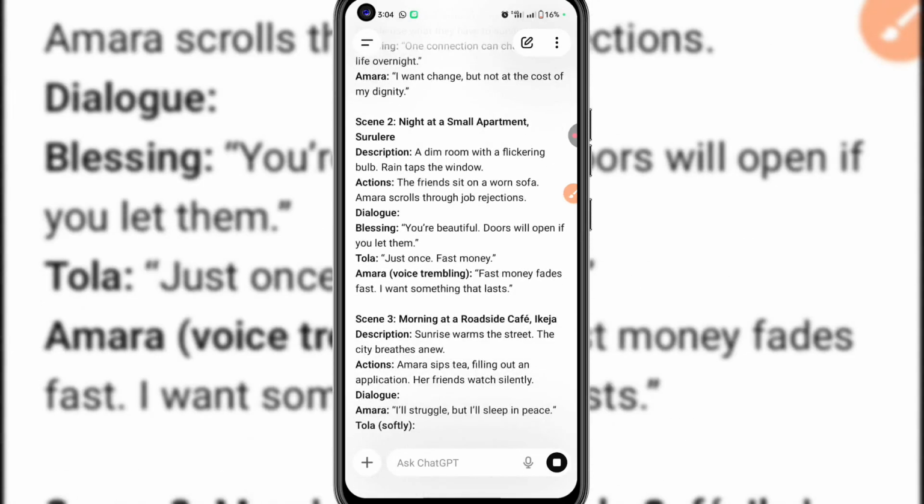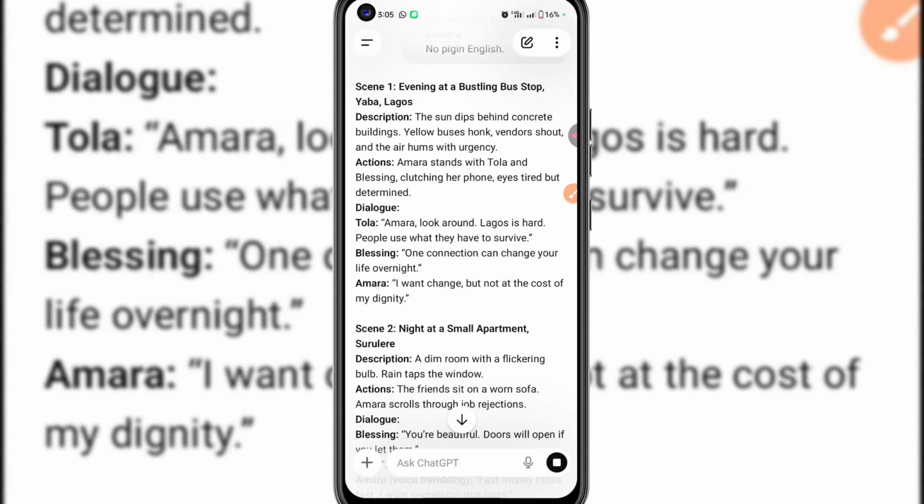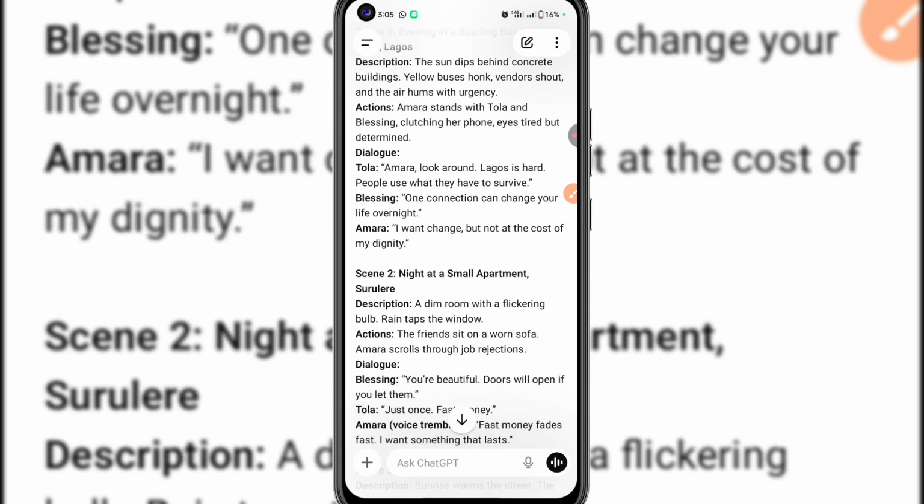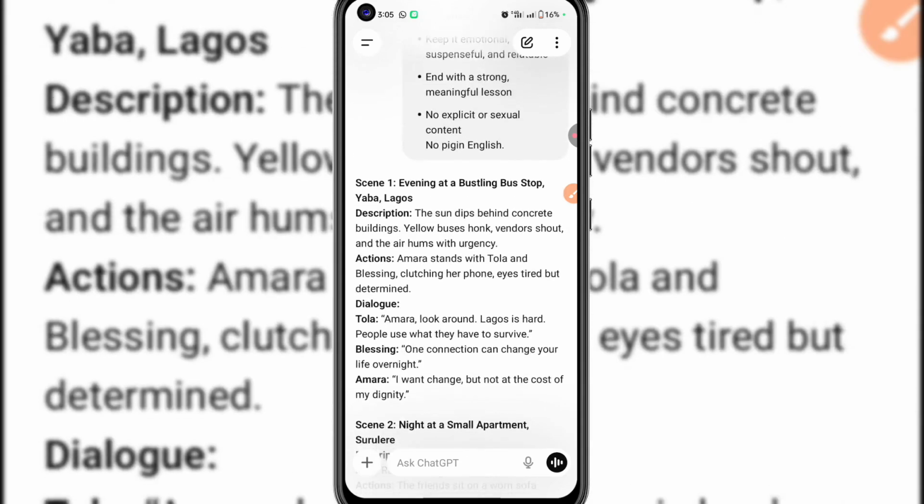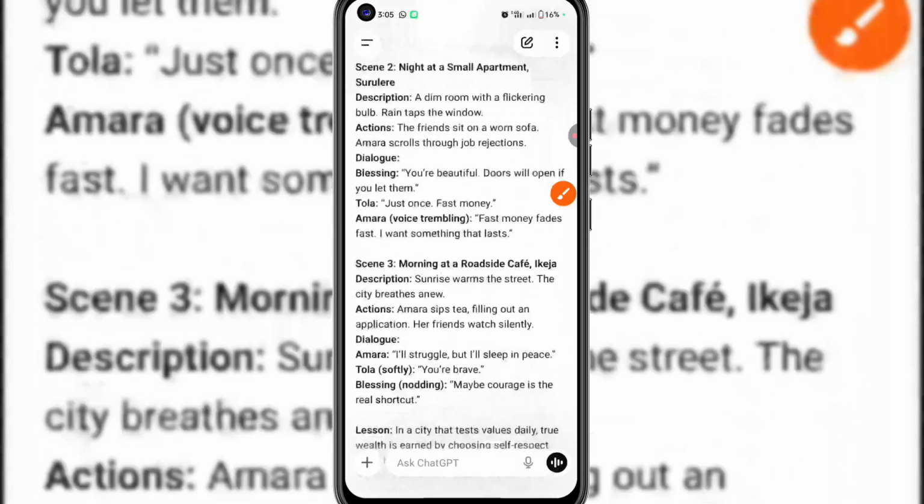Now, ChatGPT has given me the whole thing. It has given me the scene, the description of the scene, the action being performed in the scene, and the dialogue, what each character is actually saying. So you can see it. Let me show you. This is scene 1, this is scene 2, and if you scroll down, you are going